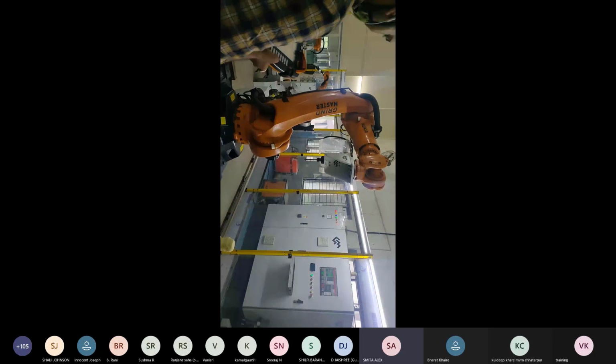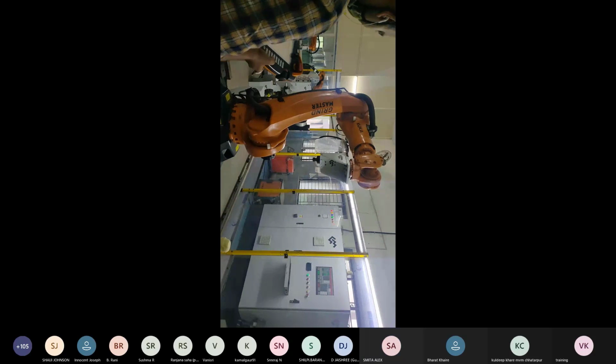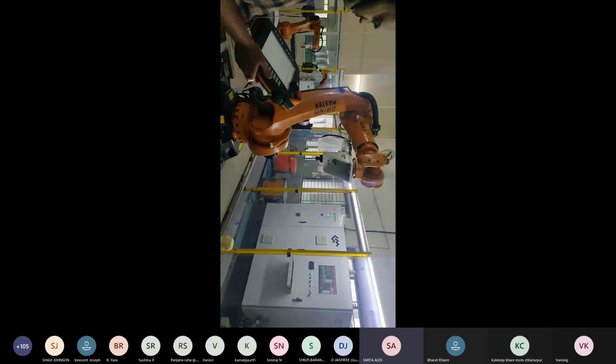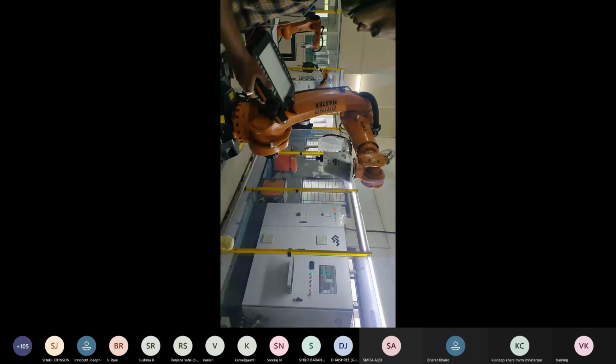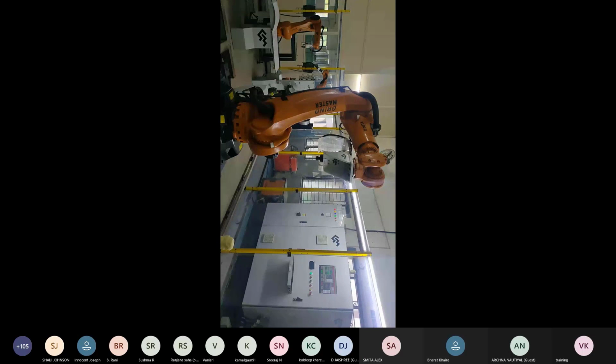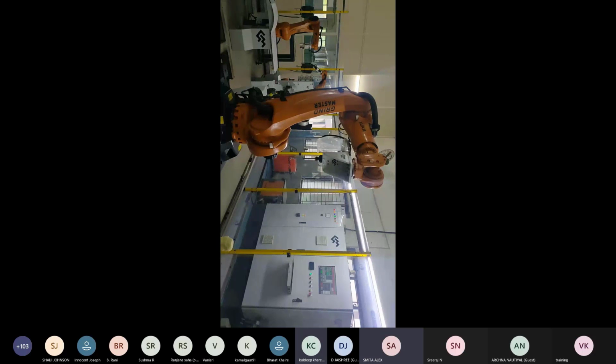Excuse me, sir. I can't view the screen. I think the screen is not shared. Okay, madam. It's shared, one minute. Sir, the screen is visible but vertical. It has to be horizontal, no? You have to turn the mobile. Is it visible now? Yes, sir, it is visible.